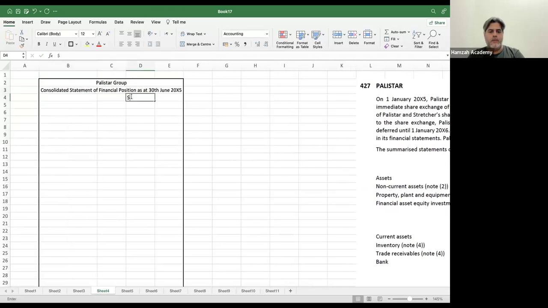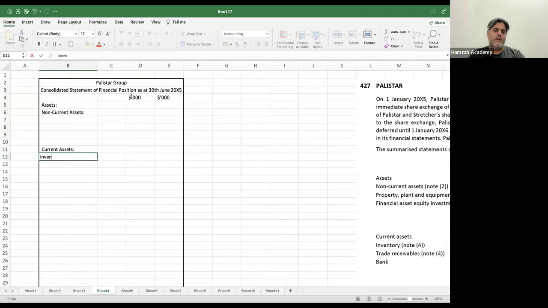Okay, put up the currency signs, then assets, non-current assets, leave 4 lines and write current assets, inventory, receivables, bank, and then total assets, then equity and liability,